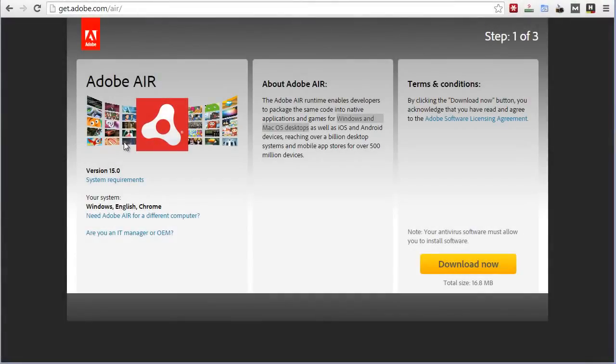So Market Samurai is built on the Adobe Air platform, so it's compatible with both PC and Mac. With the full version of Market Samurai, you get 3 licenses which you can use on multiple computers. So I've already installed Market Samurai on my 3 computers, my office desktop, my MacBook Pro, and my home computer. So I have it with me whether I'm at home, the office, if I'm on the road, or if I'm